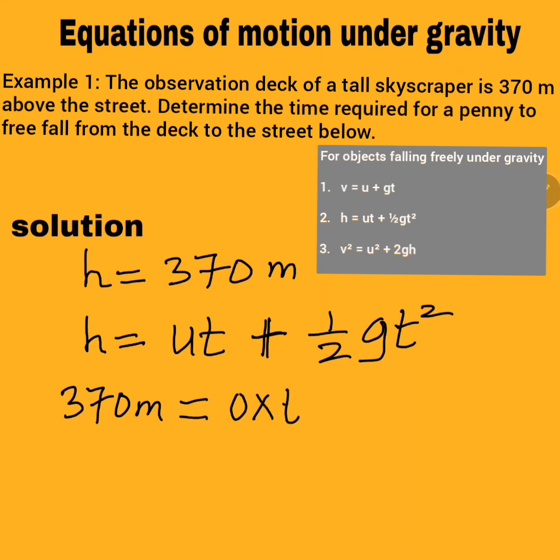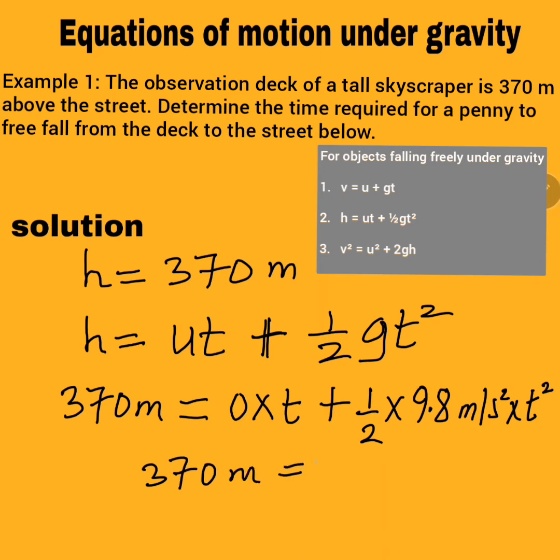multiplied by t because the object is falling freely, then plus 1 over 2 multiplied by the acceleration due to gravity. If we take it as 9.8, I'll write 9.8 meter per second square, of course, then multiply by t squared. I'm looking for the time. So if you continue with this, you are going to get 370 meters is equal to